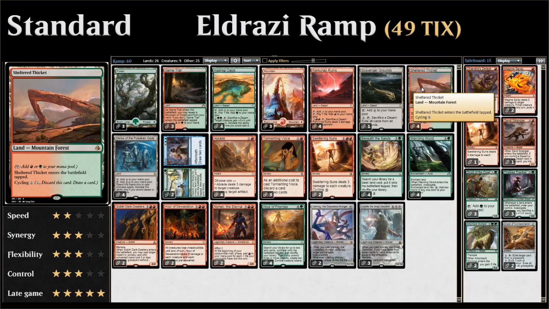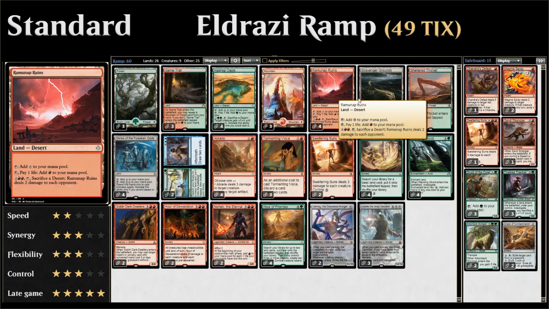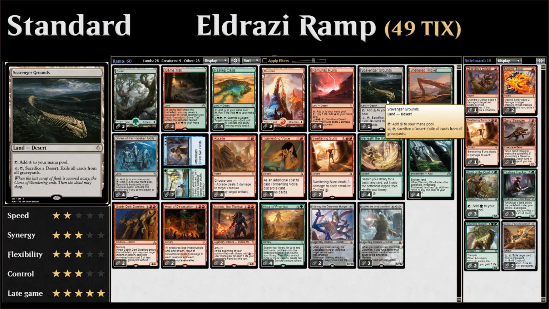And the Sheltered Thicket also has cycling too, so we can also cycle this away late in the game in order to find more action spells. Then we also need some deserts to turn on Hour of Promise. We've got 4 Hashep Oasis and 4 Ramunap Ruins, as well as 1 Scavenger Grounds, which can also help us